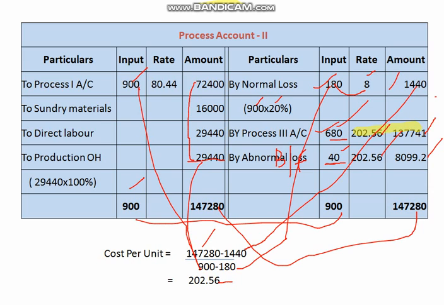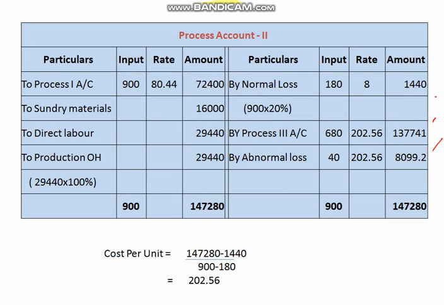Okay, if you see there, the total is not the same. If you see the total is not the same, it is because you need to use this figure here. Then multiply any one of these two, make the round figure of these two. 1 rupee, 2 rupee you have to adjust because of the fraction of the cost per unit. So this was process 2.